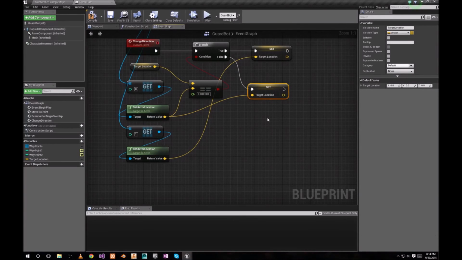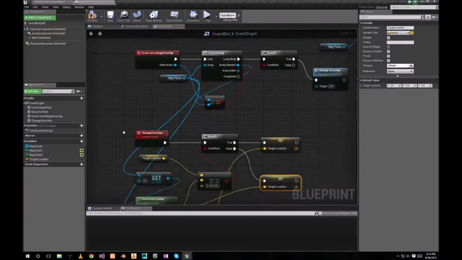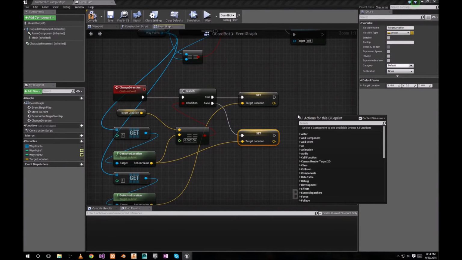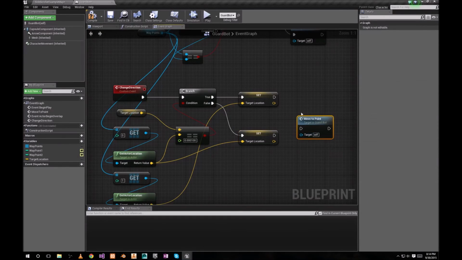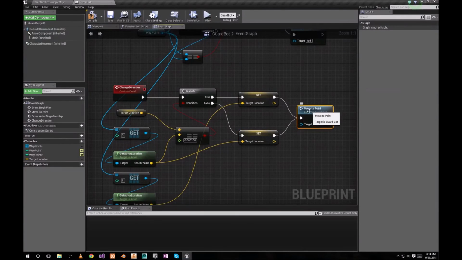Okay, and then we're gonna go with move to point, which is our new point here. So we're gonna go here, move to point. Okay,